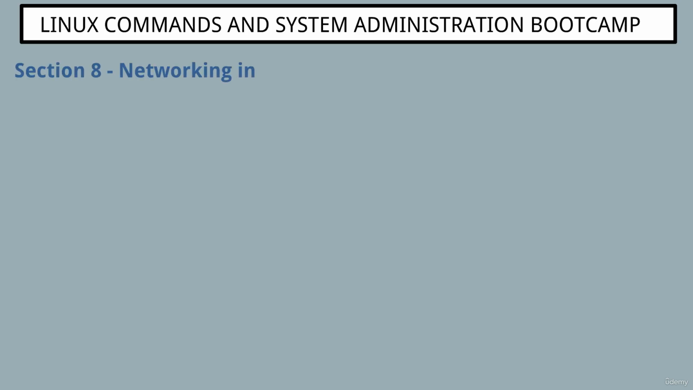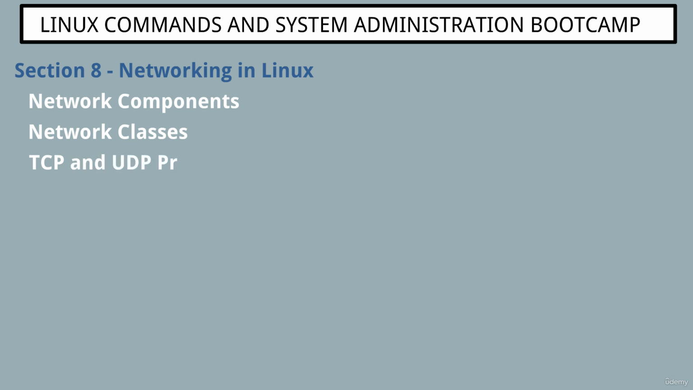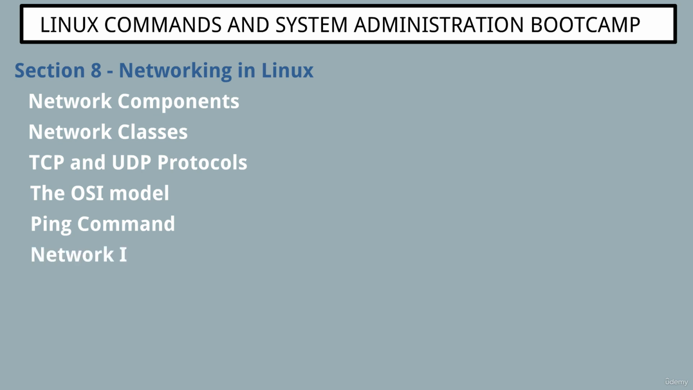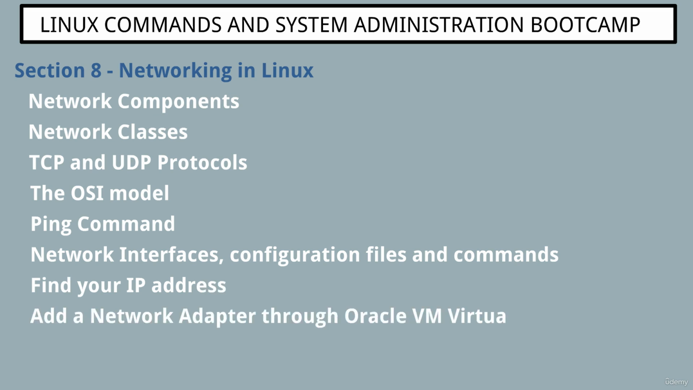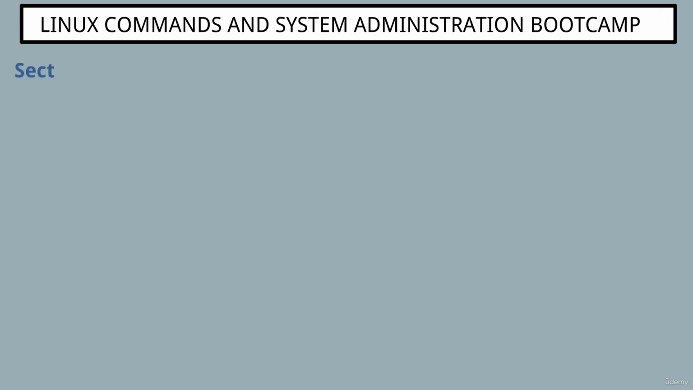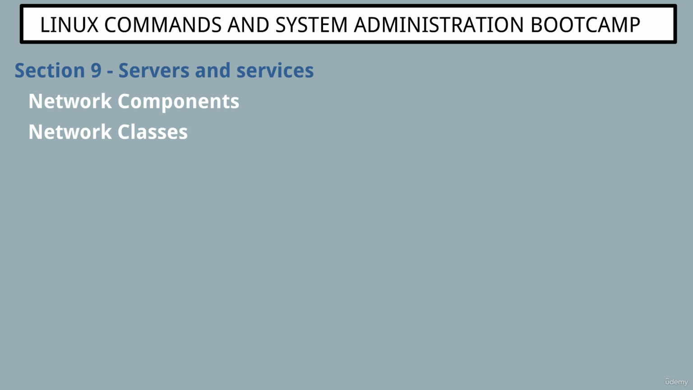Next section is section 8. Section 8 covers networking using Linux. Lectures covered in this section are network components, network classes, TCP and UDP protocols, the OSI model, ping command, network interfaces, configuration files and commands, find your IP address, add a network adapter through Oracle VM VirtualBox, NIC bonding. Next section is section 9. Section 9 covers servers and services. Lectures covered in this section are Apache Web Server, LAMP server. Moving towards the last section, which is section 10,